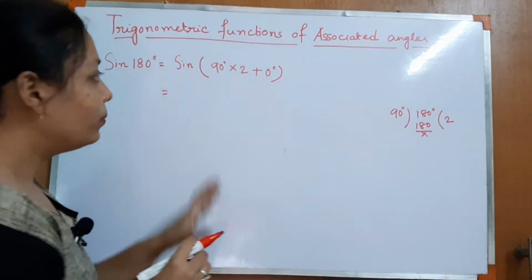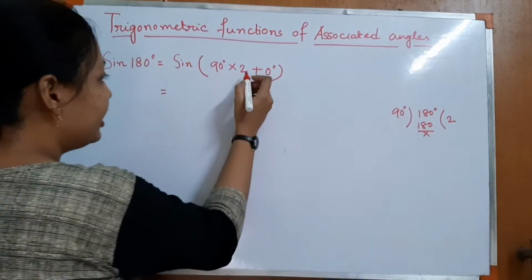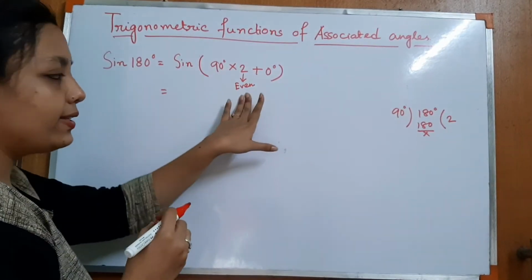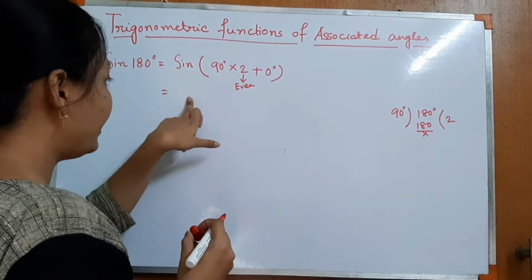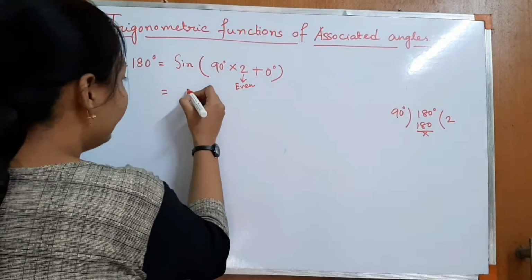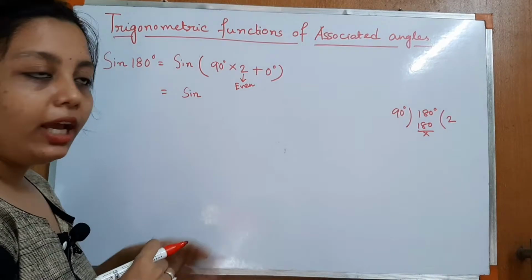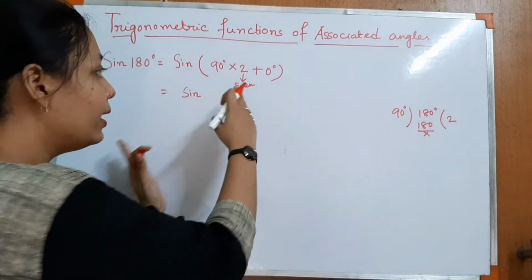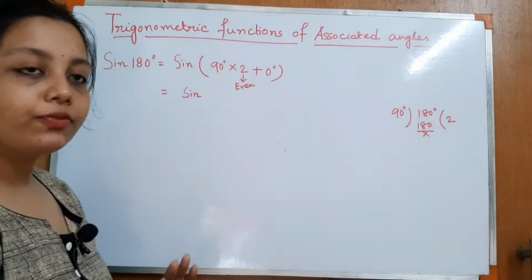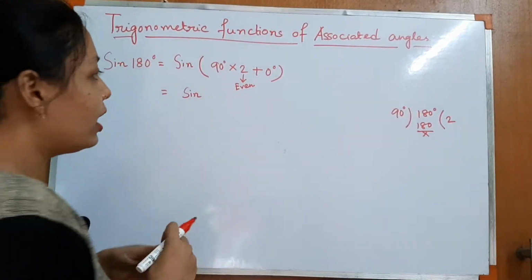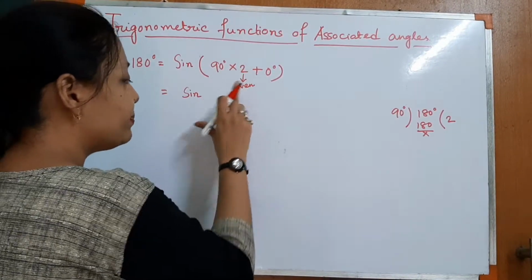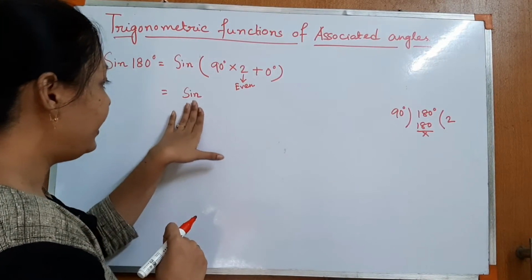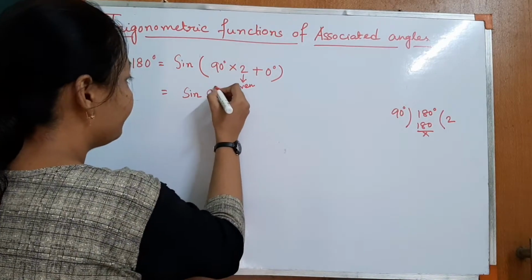Okay. Now, next we have to follow that here 2 is even. Since 2 is even, sine is placed in this place as it is. Here we have not taken any transformation. If in the place of the even number any odd number is here, then we have to transform sine to cos. Okay. Now here since 2 is present, we have not changed sine to cos, we write sine and we write 0 degree. Now